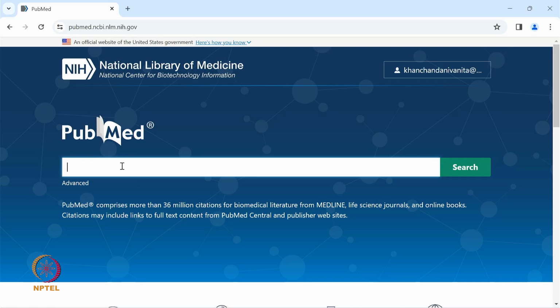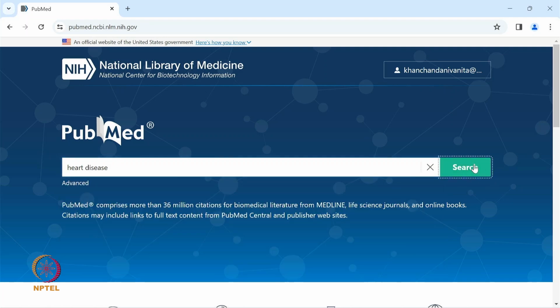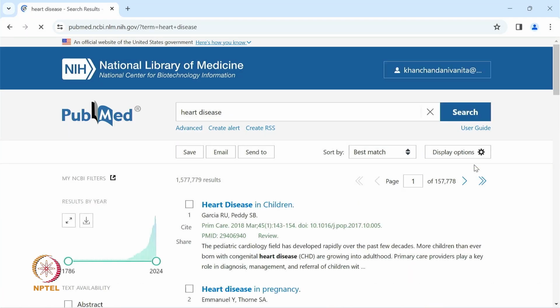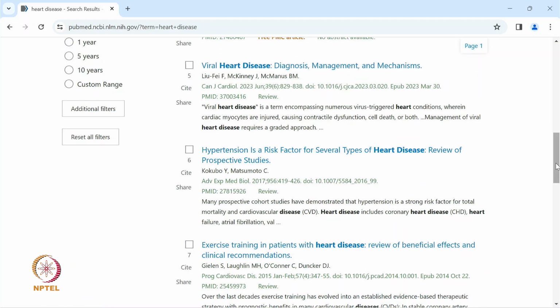So now we can do our search. I have already told you that if you just start writing a small keyword, then PubMed gives you the related keywords, and I am searching heart disease. So here are your results. You can filter these results